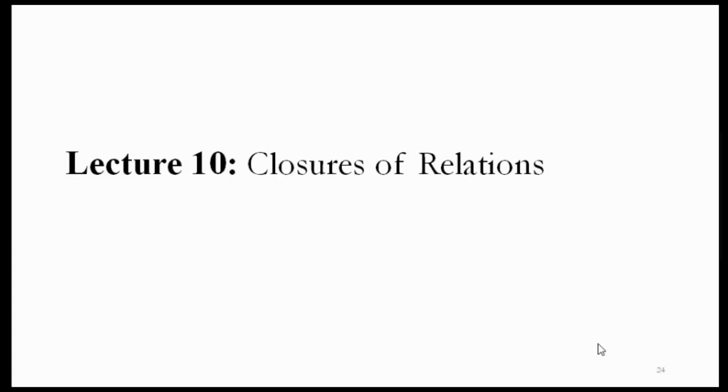The same three words will continuously follow us from the beginning of these relations. One is symmetric, another is antisymmetric, another is transitive. So here closures are also of three categories. The first category is reflexive, symmetric, and transitive. These are the three things, so closures can be formed using these three things. Reflexive and symmetric is easy because reflexive means the self loop. Symmetric means if 1 to 2 is there, then 2 to 1 should also be there. And identifying transitive is somewhat difficult.